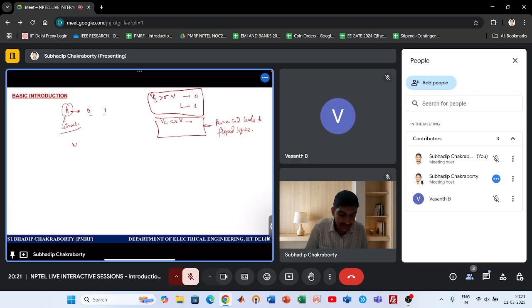For example, A bar C bar plus A bar B bar plus A B bar plus A B. These are all terms, groups of literals combined in product form and then added to form a Boolean logic expression,